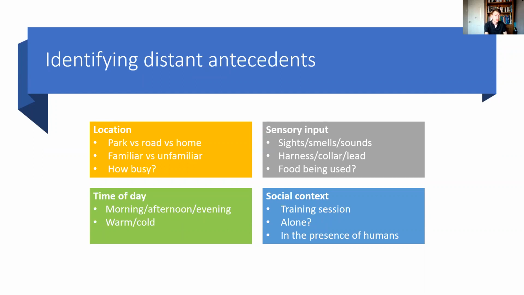And also the social context. So are you in a training session? Actually, some dogs do really well in a training session in terms of not responding fearfully because they're distracted by training, or they've learned that during training, everything's good, but during non-training sessions, things aren't so good. Also, whether the dog's alone at home, for example, and seeing a human come in, or whether it's with an owner, or with another dog, another companion, or with the whole family going out for a walk as opposed to one person, can all influence it.